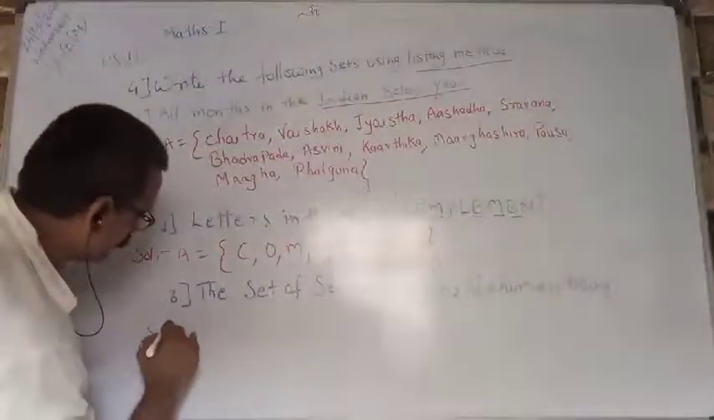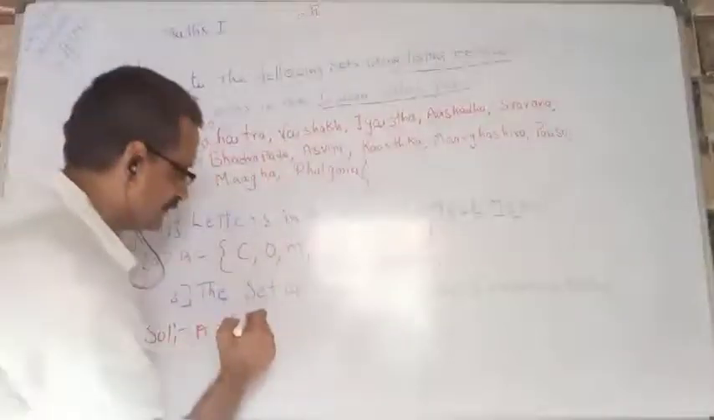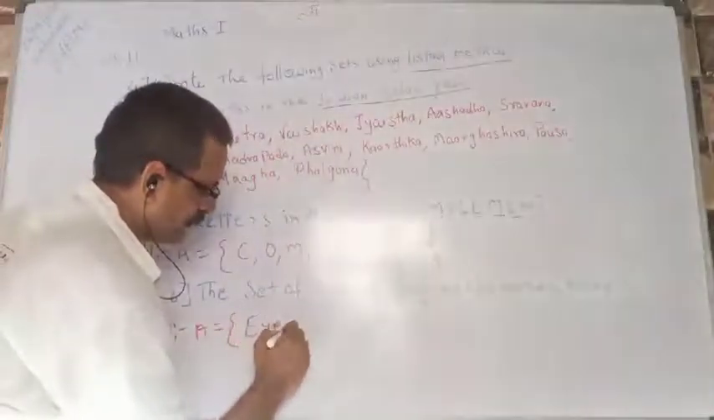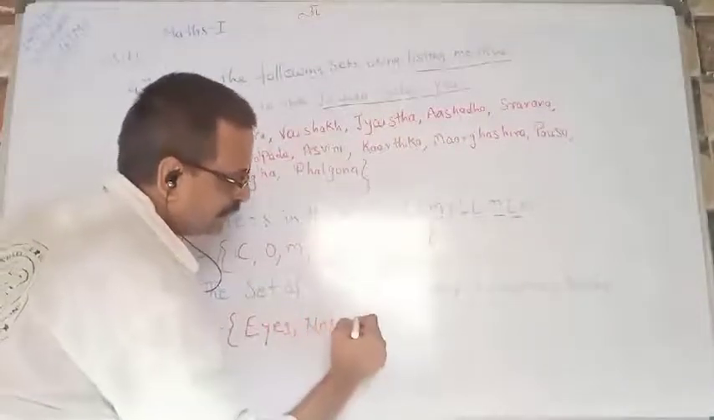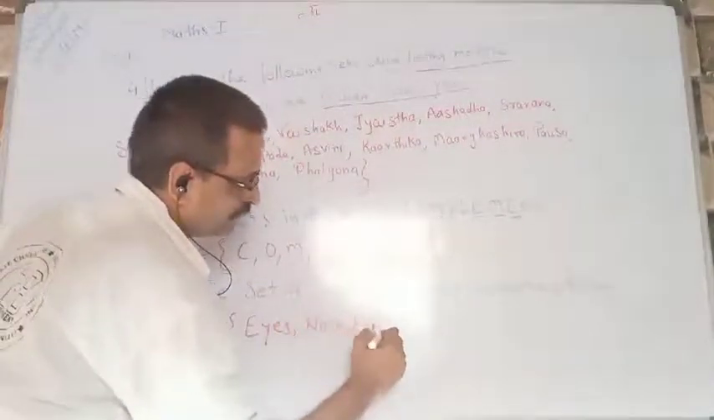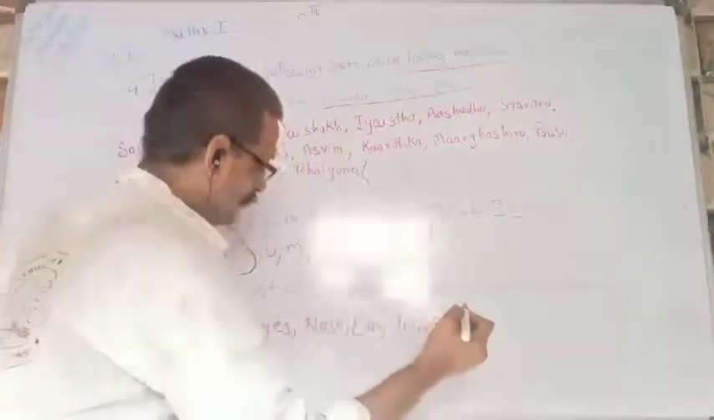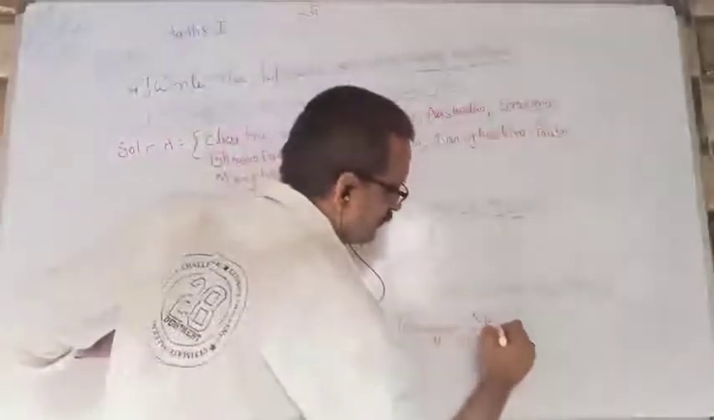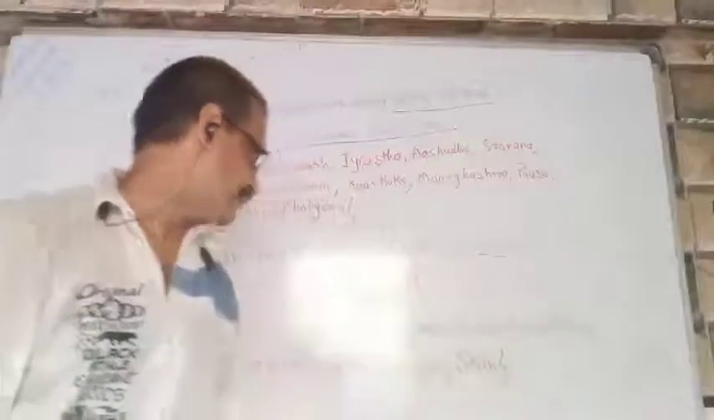Set of sensory organs: first is eyes, second nose, third ears, fourth tongue, and fifth skin. These are the set of 5 sensory organs of a human being. The fourth question is